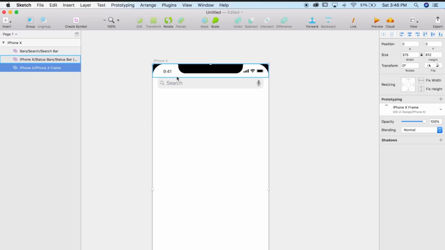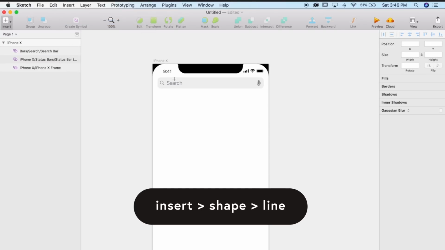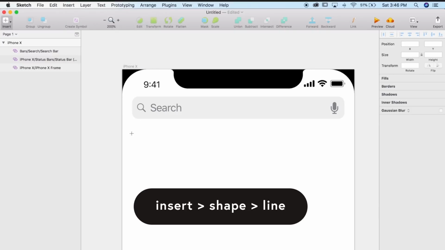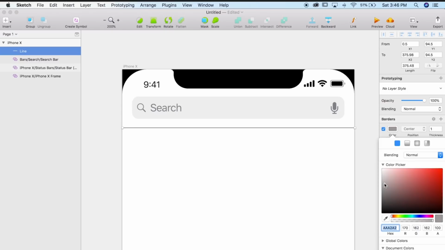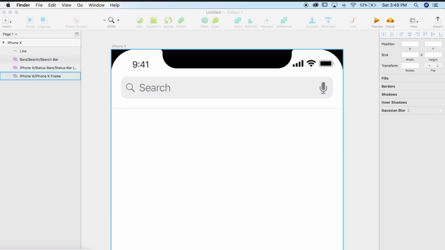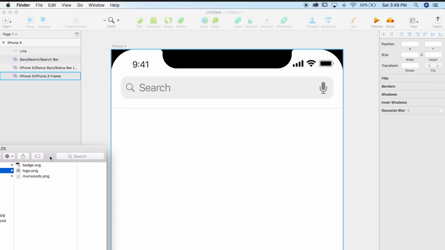And then one thing we want to make sure we add too is that I noticed that when you actually are on your mobile browser, there's like a little divider line right here. So let's just go ahead and add one of those. I'm just gonna go to Insert Shape, Line, and just draw this across. And I'm holding Shift as I do this to make it straight. And I'm just gonna go really light on the color here. Okay, so since we're doing a mobile e-commerce website, I decided to revive one of my older designs.